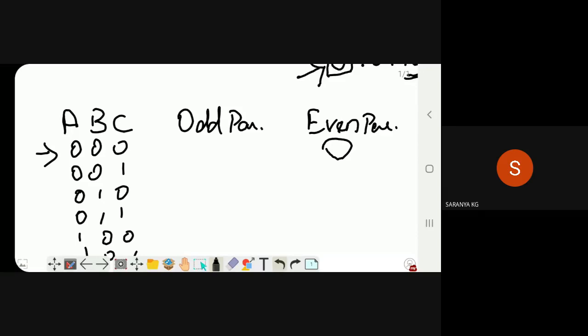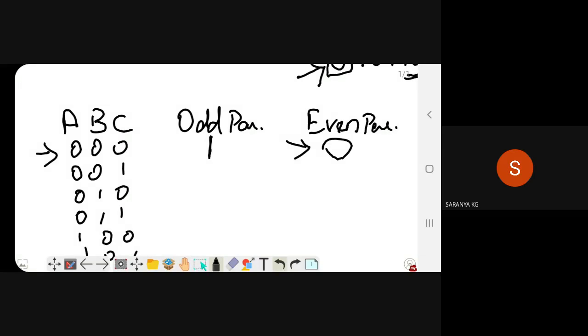When I go for odd parity, I want to put 1. So the position of 0 shows the parity we are going to consider. Now for 000, it is of even parity. If I want to make that 000 as odd, I want to mention it as 1.